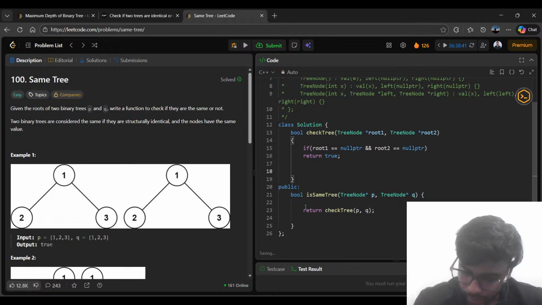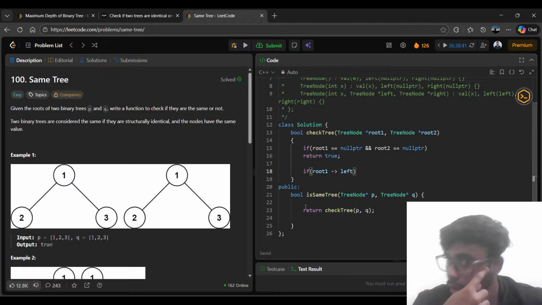Okay. Now I have to move left. If root 1 left exists,